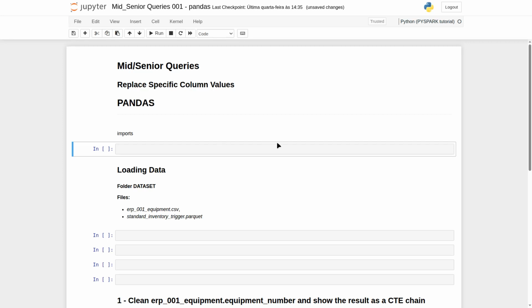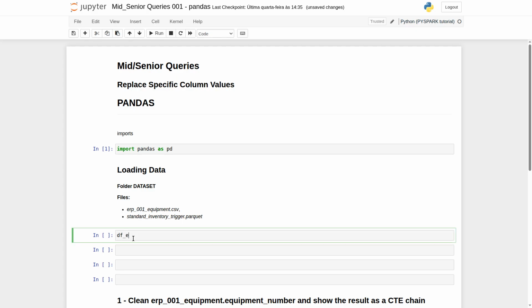Let's continue with the mid-senior queries, the same query, but now in Pandas. Let's start with the imports. Import pandas as pd. So we need to open a file that's in the dataset folder, and one is a CSV and the other is a Parquet. Let's start with the CSV, that's the RP